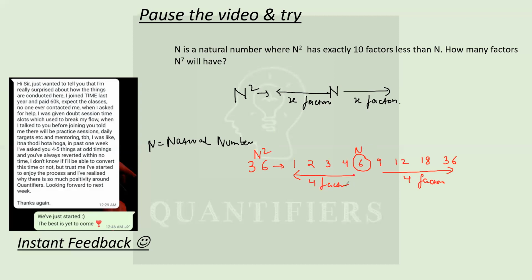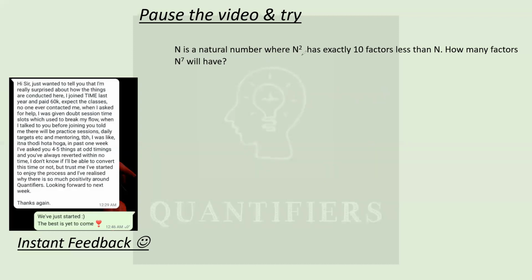Now students, let's come to the question. Now just see here, it is given that n square has exactly 10 factors less than n. तो अभी इसका क्या मतलब हुआ कि if I write down all the factors of n square in the increasing or decreasing order, so I told you that n will always come in the middle. Now if n is in the middle and it is given that there are 10 factors less than n, ऐसे 10 factors हैं जो n से कम है. So can I say definitely there will be 10 factors which are greater than n?